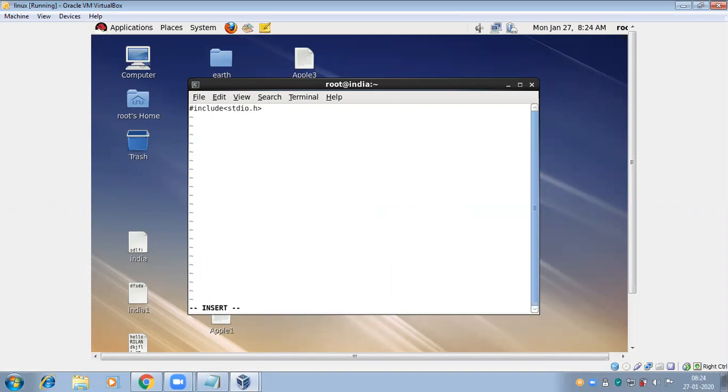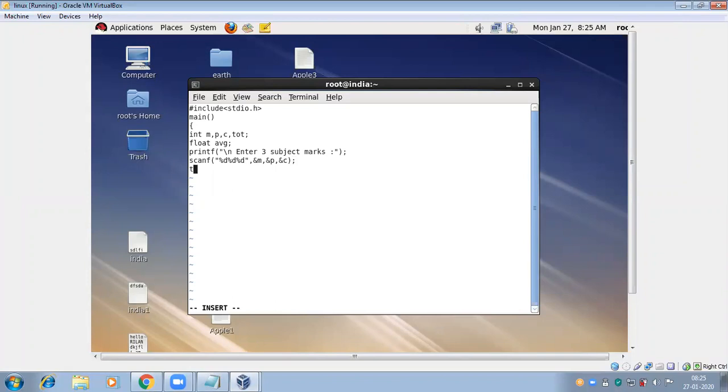Here I'm taking 3 variables. Printf enter 3 subject marks. Scanf %d, %d, %d, address of m, comma address of p, comma address of c.